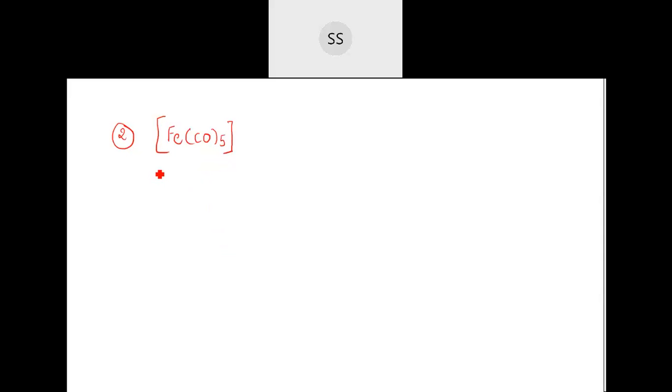So here 5 is penta, correct? Pentacarbonyl, then Fe is called as iron, no? So you will write iron, the common name. Ferrate you will write when they ask you the Latin name for an anionic complex. Now it's a neutral complex, and as I said, for a cationic complex you will use the common name. So it is pentacarbonyl iron. Oxidation state is going to be 0, because the whole ligand over here carries a 0 charge, so that means the metal also will carry a 0 charge here.